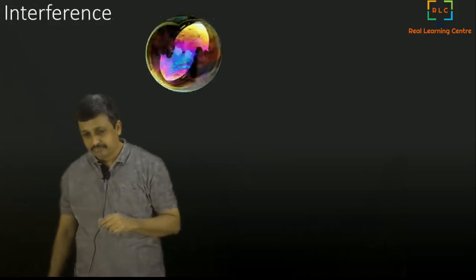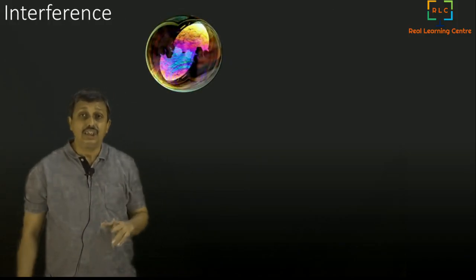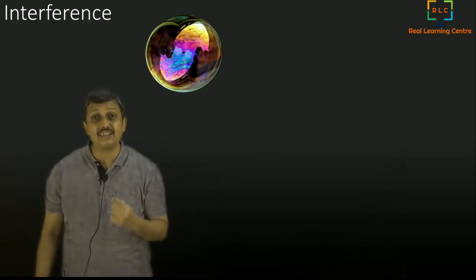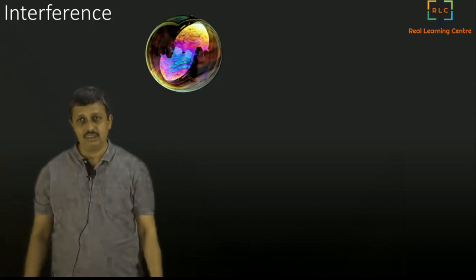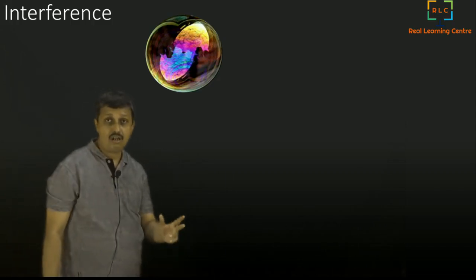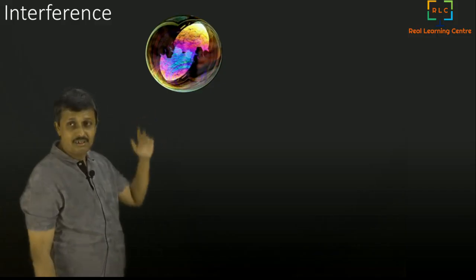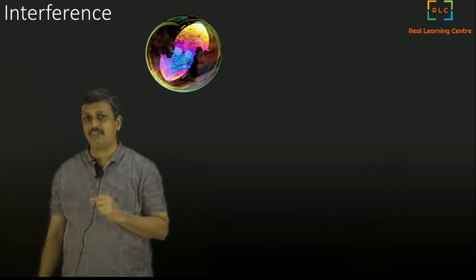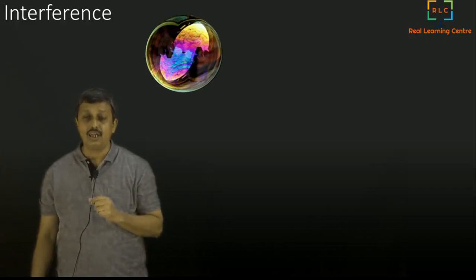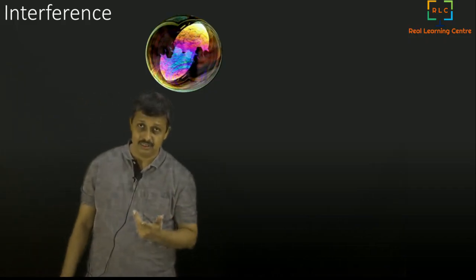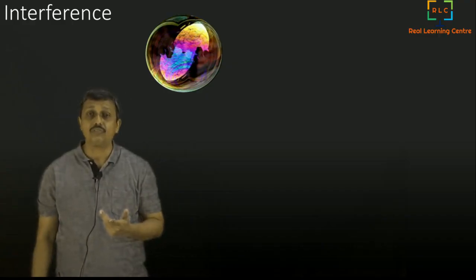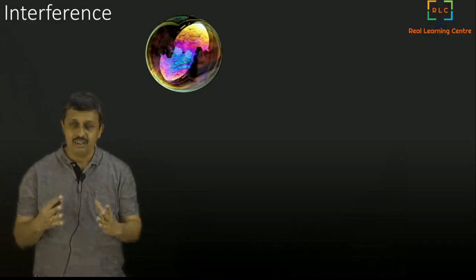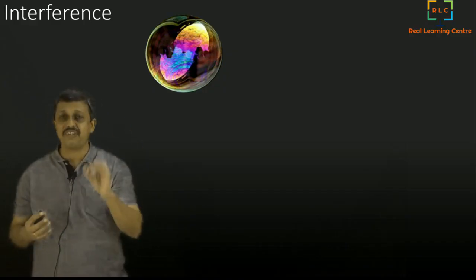Okay. Now let's look at new things. We will talk about interference. What is this interference? You see the color of a soap bubble looking so beautiful. This is basically because of interference. And how does this interference happen? You cannot explain it by considering light to be simple rays. Lights are not simple ray kind of things.